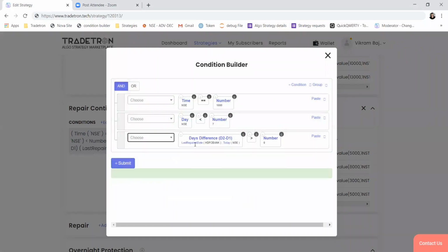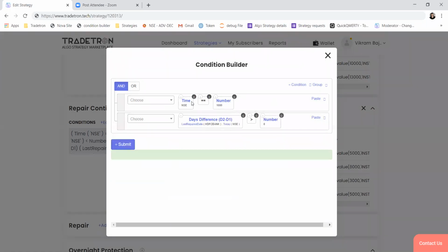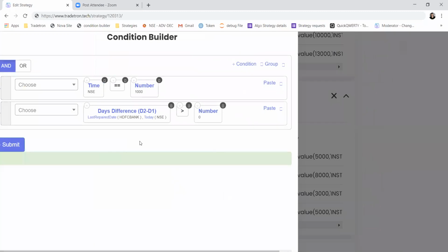Because if it is the same date, then it will be 0. As soon as the next day comes, this difference will become greater than 0. You don't need this condition, and time will be the same. So if you want to take a trade every day, then this is the condition you have to write in repair continuous. If you want to take a screenshot of this, you can do.